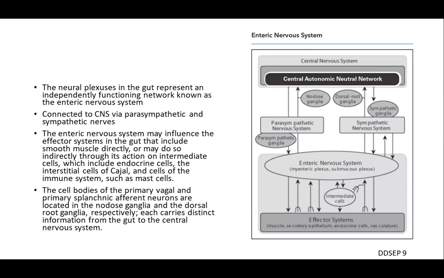So it's important to note the GI tract is actually fairly complex. It has its own nervous system. It's strictly modulated by the central nervous system, and I think that gets forgotten sometimes. So you can have dysfunction at multiple different levels, both in the central or primarily in the nervous system of the GI tract.